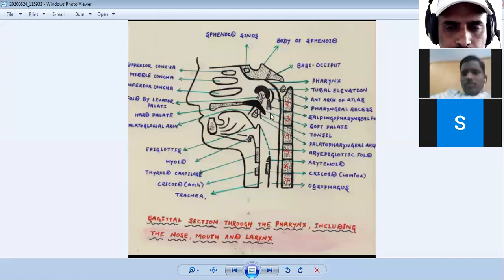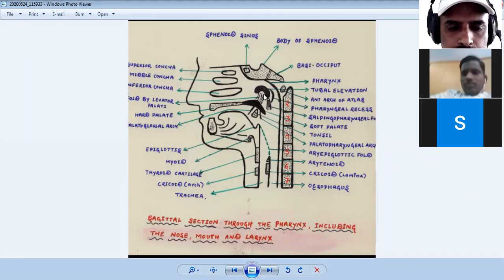Anteriorly it communicates with the posterior aperture of the nose. Inferiorly we have the pharyngeal isthmus, which is bounded by the lower border of the soft palate to the posterior wall. Then the lateral wall presents the following: the pharyngeal opening of the auditory tube at the level of the inferior nasal concha, 1.2 centimeters behind it,